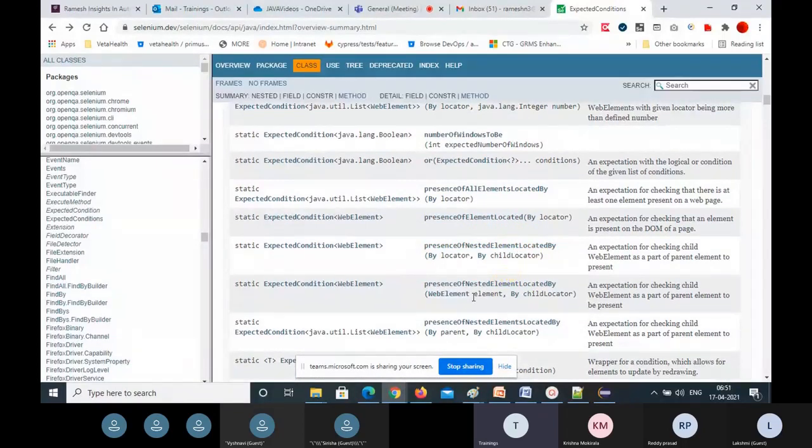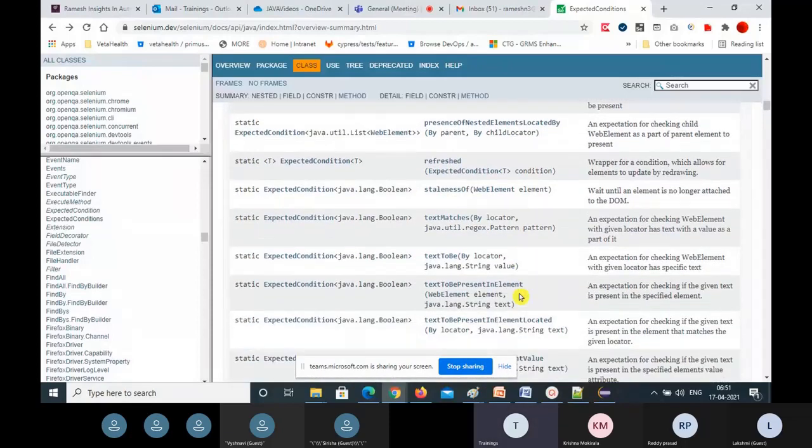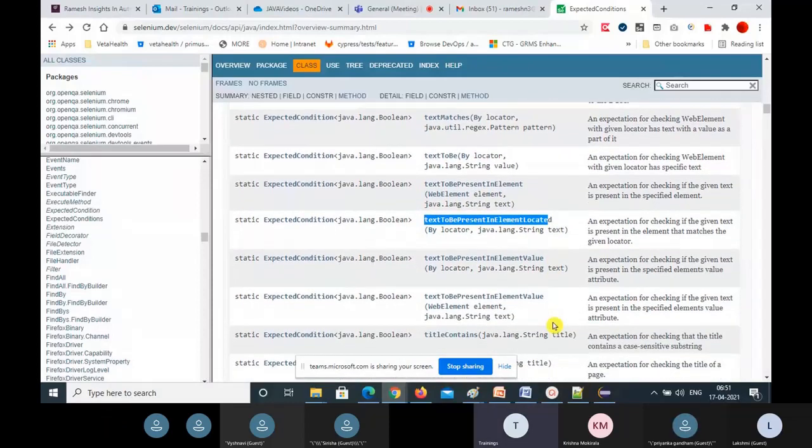Nested means the main element with child elements inside; you want to check whether all are present or not. You can use that. Then you have text matches, textToBePresentInElement, textToBePresentInElementLocated. So these are all the methods you can call.